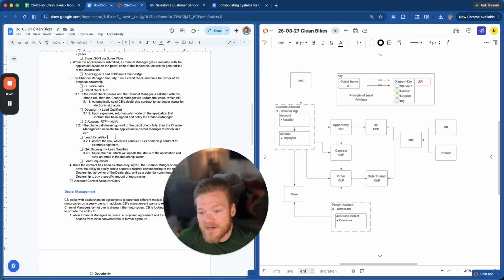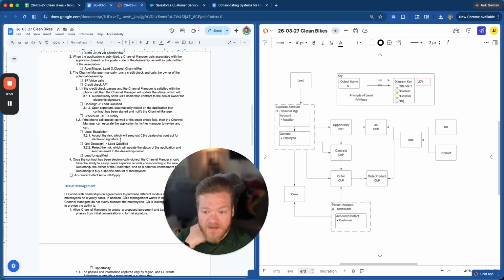If the lead doesn't make the call, or if there's a credit check that fails, this will be at the channel manager's discretion, but they can also escalate the lead at their discretion to their manager, and that will just change the ownership. If they decide that they want to accept that risk, for example if the credit check fails, what they can do is click a quick action on the lead record that